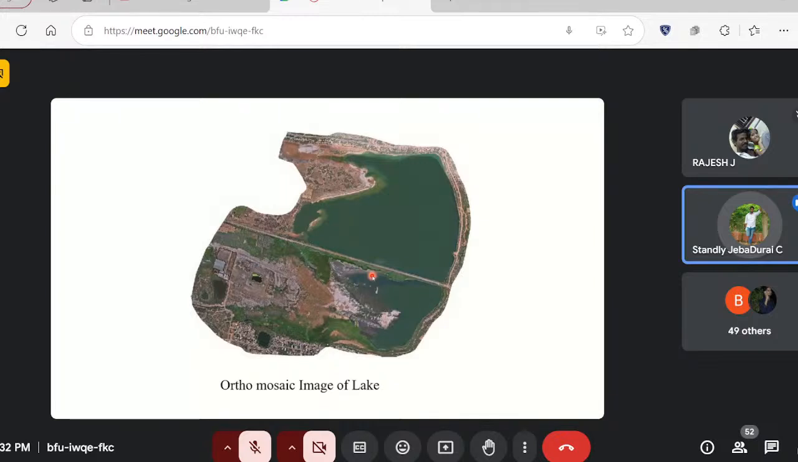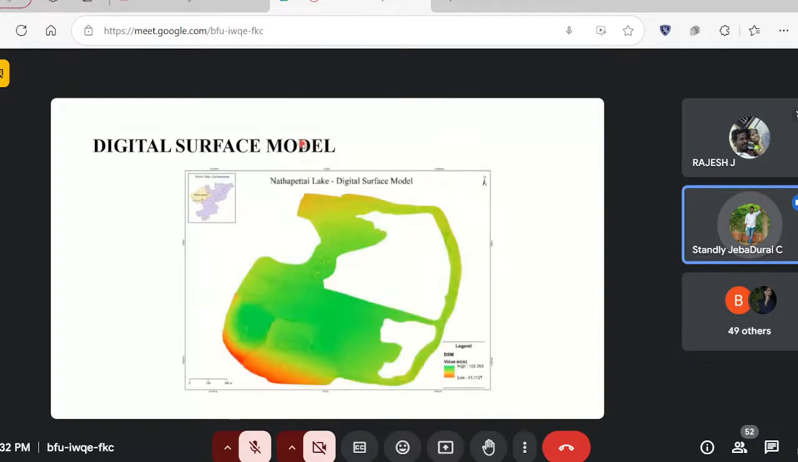So the single image has been formed. This we would call an orthomosaic image. In this image, the area would be clearly identified. Then the digital surface model has been created by using the orthomosaic image. If you import the orthomosaic image into ArcGIS or QGIS software, you can calculate the digital